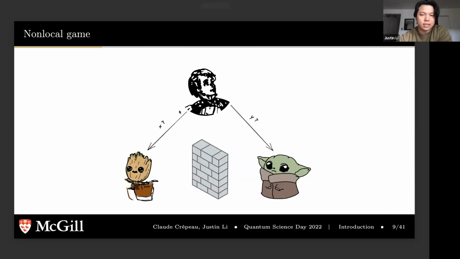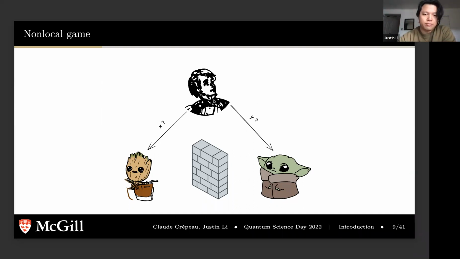So let's illustrate that in the following diagram. Actually, one crucial detail that I forgot is that when the players play this non-local game, they are separated, either space-like or some other way, so that during the game they cannot communicate with each other. So let's say the verifier asks them questions, they cannot tell each other what questions they got. But before the game starts, the players can get together and think of a strategy in terms of how they can maximize the winning probability for the game.